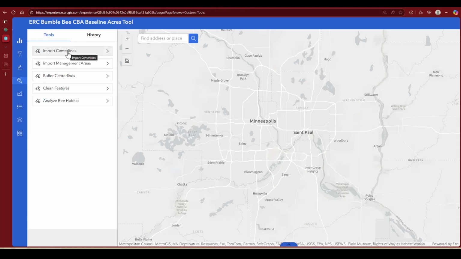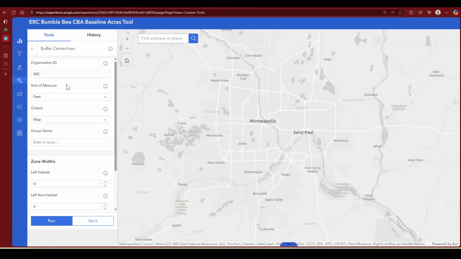And now the next step is going to be, and I'm not importing management areas, so I don't have those. So my next step is to buffer my center lines in order to create those management areas. Okay, so I've already put in my center lines, so now I just want to choose a unit of measure to buffer those out. I'm going to use feet. I'm going to want the result again to go into the database, so not to the map, but to the